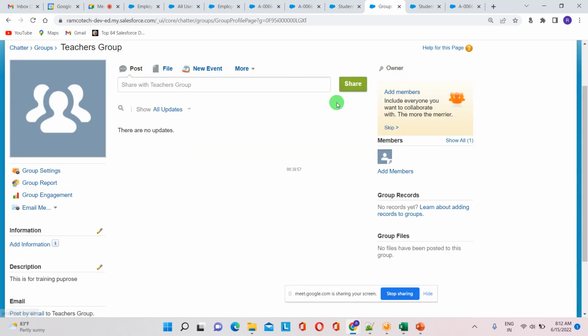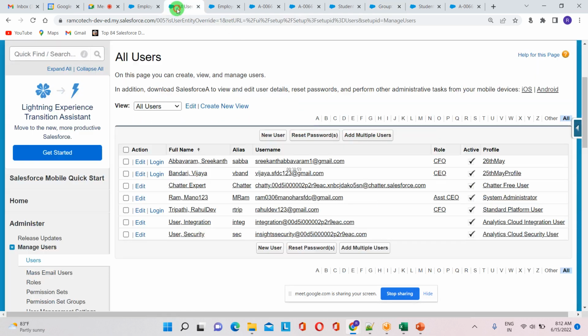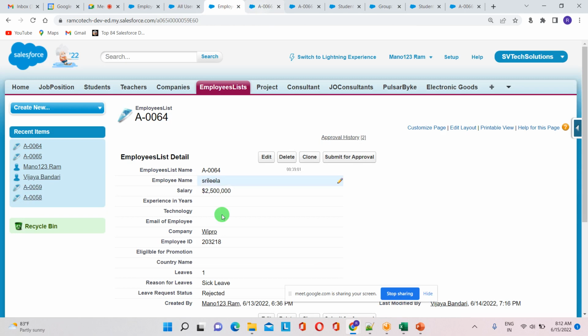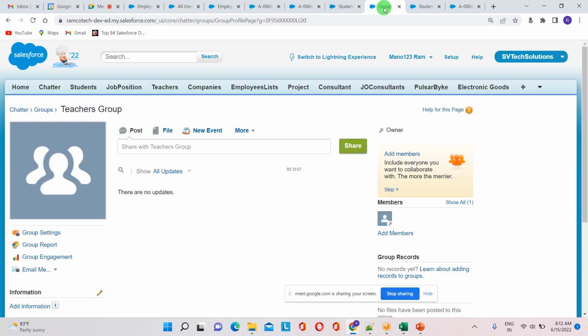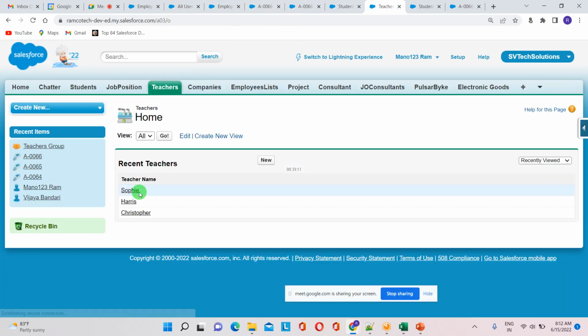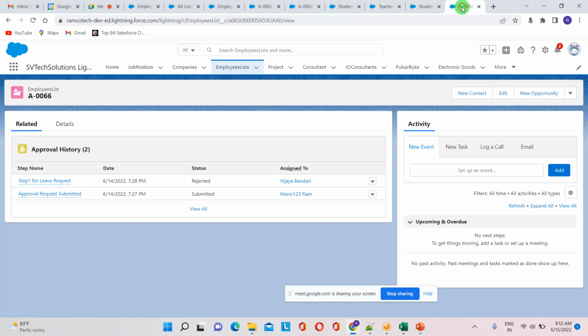You may get one doubt here. Here the teachers are different in the incoming teachers group. We can add the teachers into the teachers group, right? One minute. Here we have the teachers' names, but coming to the Chatter group,